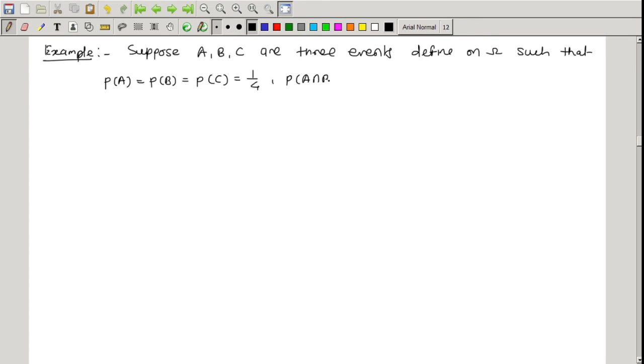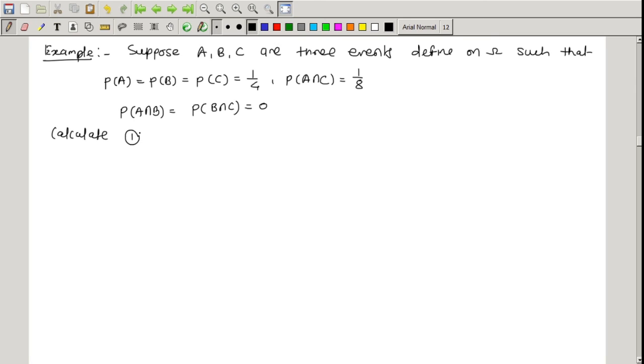P of A intersection B, P of A intersection C is equal to 1 by 8, and the remaining probabilities, P of A intersection B, which is equal to P of B intersection C, these terms are 0. Then calculate